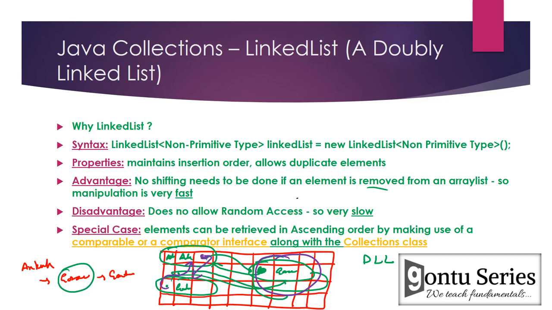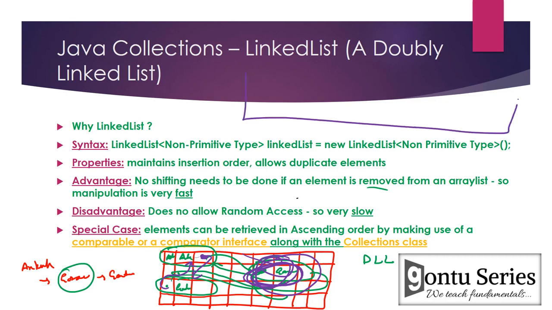The next address of Ankush you have to point to Gonto, and the previous address of Gonto you have to point to Ankush. So here the next address of Ankush was Gaurav, and the previous address of Gonto was Gaurav. Because you have removed it, you simply change the next address to Gonto and the previous address to Ankush, and that's how you are able to delete. Now in order to delete, there's no shifting required,